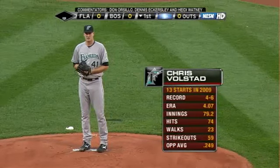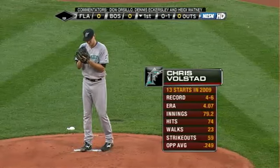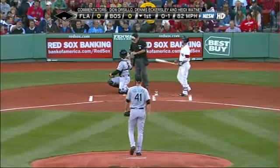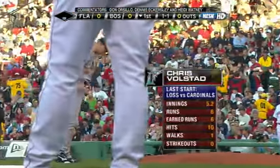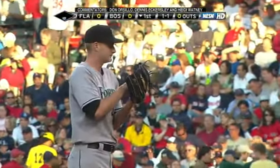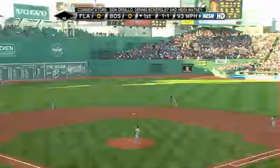Tall 22-year-old at 6'8". 4-6 so far with a 4.07 earned run average. His 59 strikeouts. And fresh off his toughest outing of the year, it's the Cardinals, 5 2/3, giving up 6 runs on 10 hits. These are the kids that they're counting on. This one in particular. He's a guy 6'7" that doesn't really throw 100 miles an hour, but